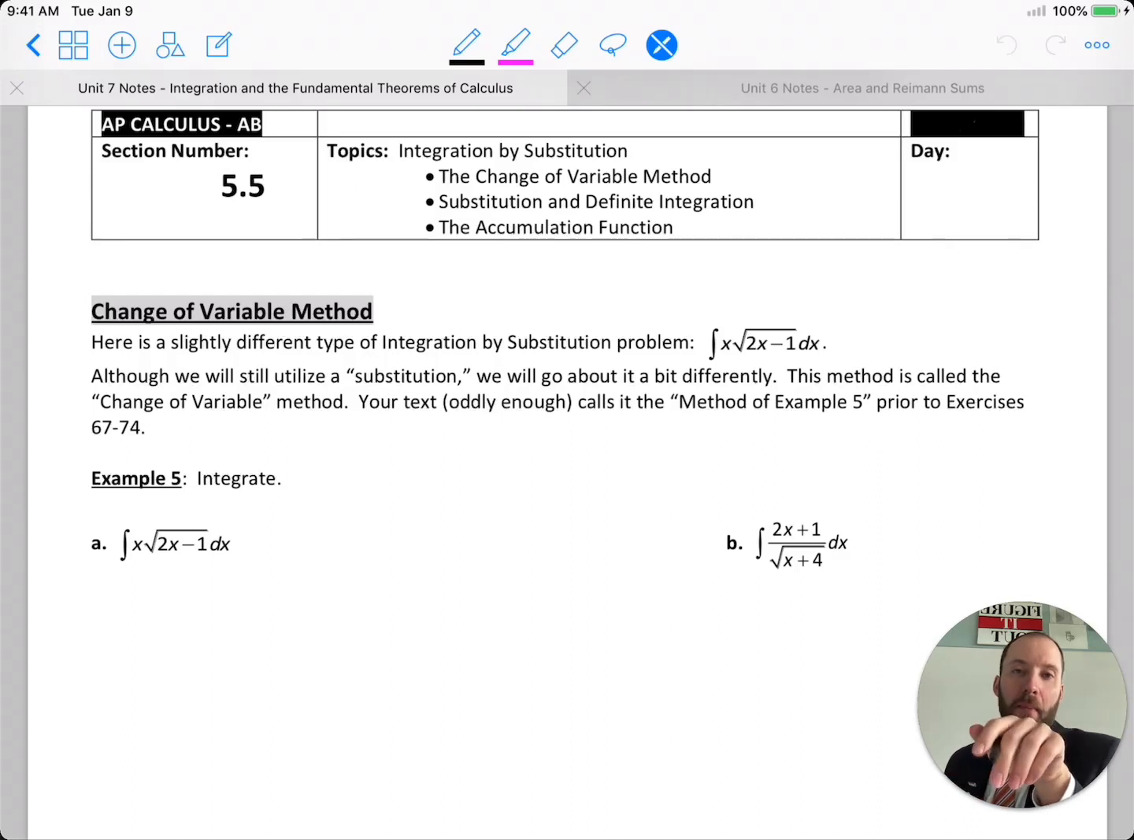Hey, the topic today is integration by substitution, specifically the change of variable method, and then making use of it with definite integration, because some little things happen that we gotta be aware of when we have definite integrals and we're using u substitution. This corresponds still with section 5.5 in our textbook, but before we go further,